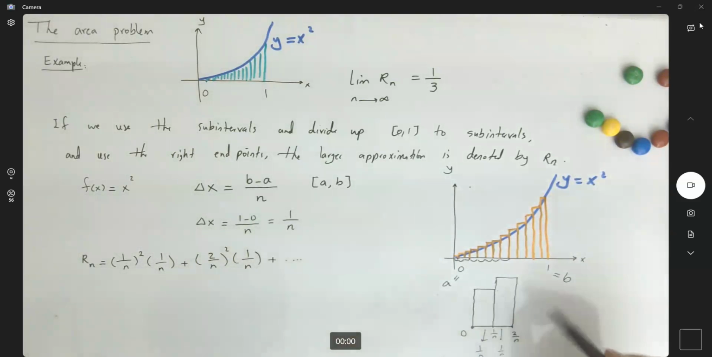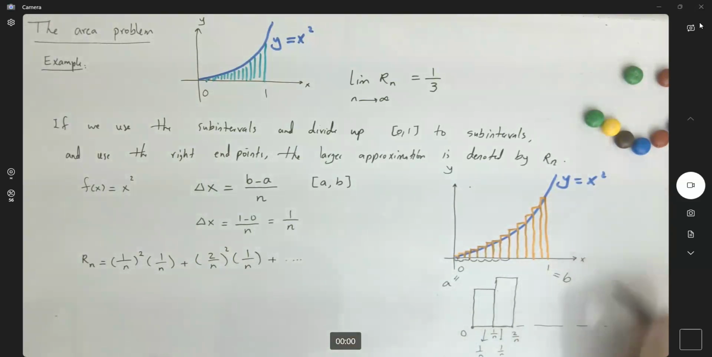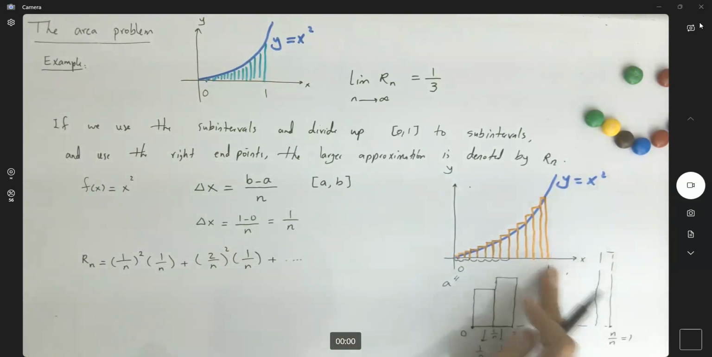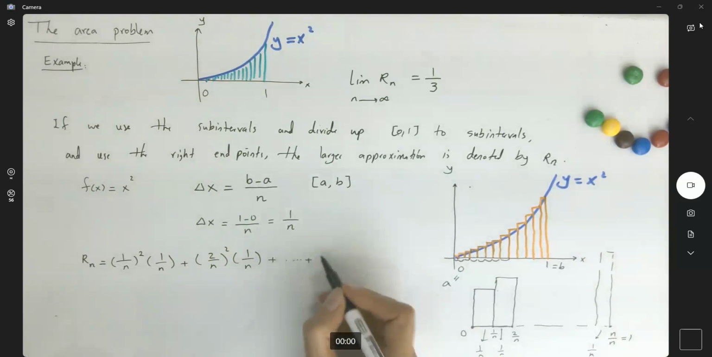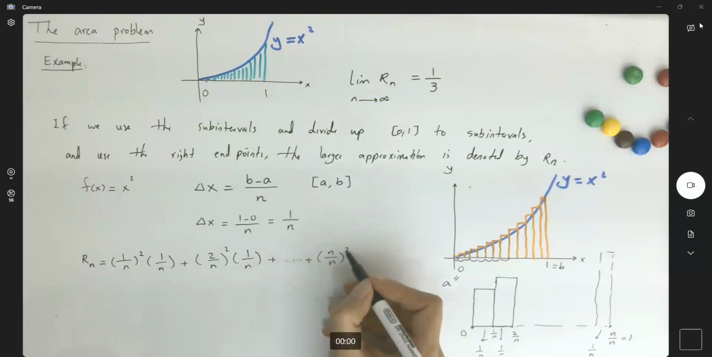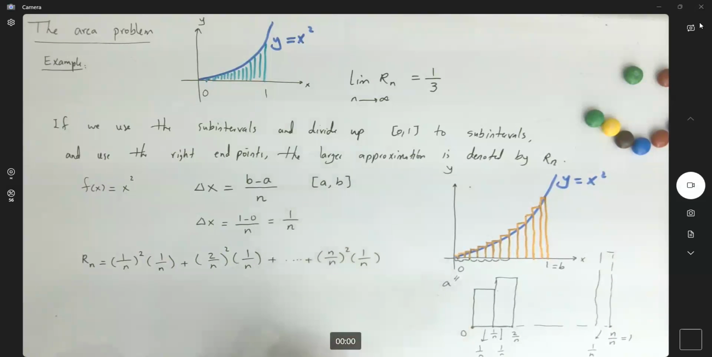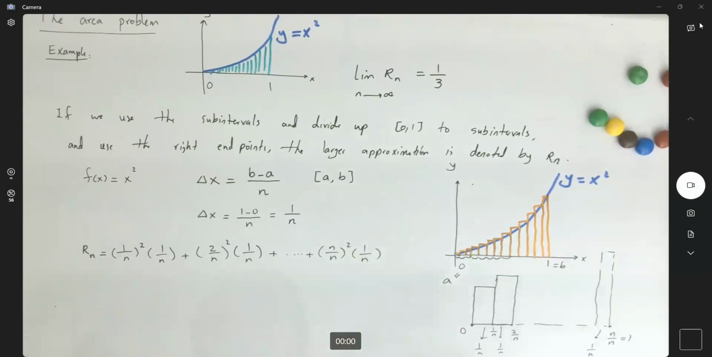But what's the last one? If you just keep continuing, this one is n over n, or 1, which I expect this to be 1. And the length is 1 over n. So plus n over n to the second power times 1 over n. So what are we trying to do? You're actually trying to create a series. Rn is going to be